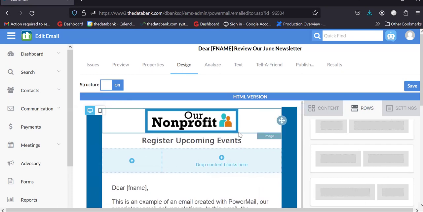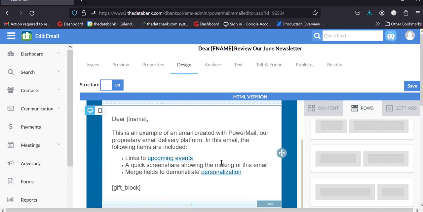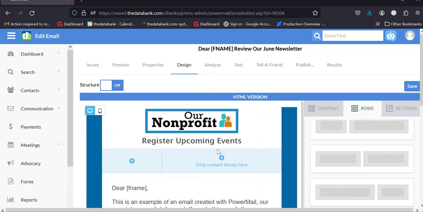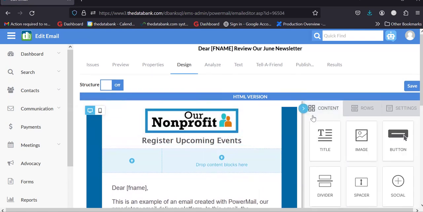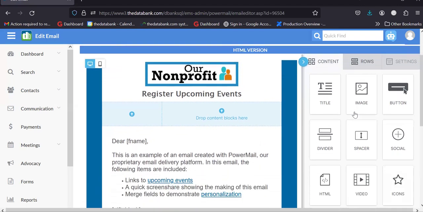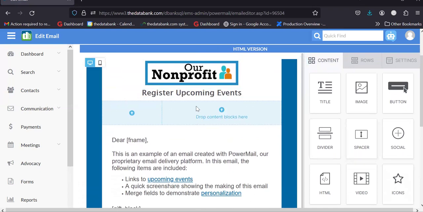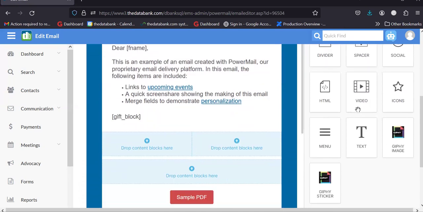Say, okay, up here I have my banner block. Up here I want to create another text block, and similar to here, another text block. That's what we have there. Once I've set up the layout foundation of how my PowerMail is going to be seen, then we can go to the content tab and decide what content we want to put in those structure blocks. Say in this case, I wanted to do a video